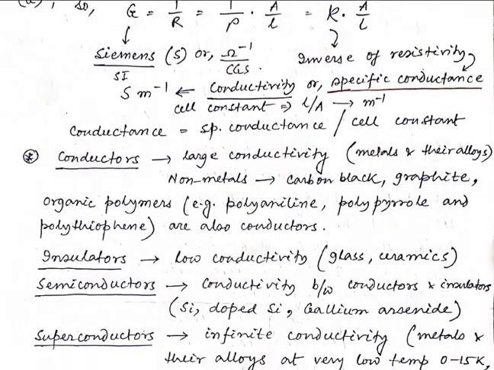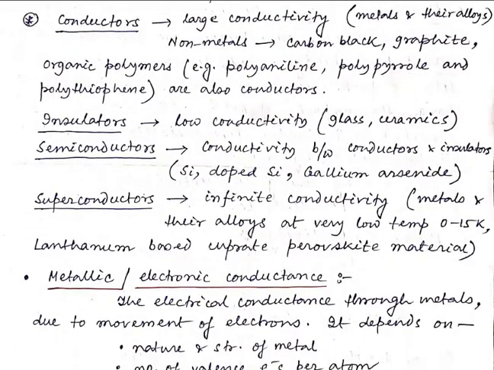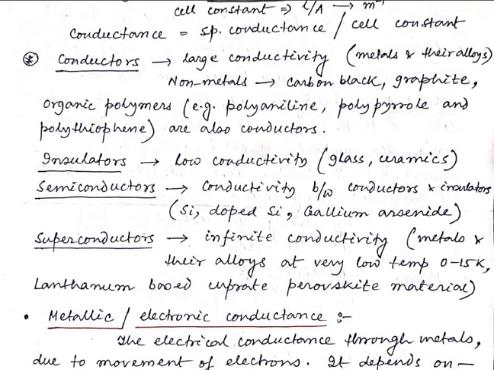Okay. Next, I am just going to this portion, that is what are conductors, what are insulators, what is semiconductor, and what is superconductor. So first of all, what is conductor? कंडक्टर हम लोग किसको बोले? कंडक्टर हम लोग उसको बोलेंगे जिसका लार्ज कंडक्टिविटी है, जिसका कंडक्टिविटी लार्ज है, ठीक है, जिसका कंडक्टिविटी लार्ज होगा उसको